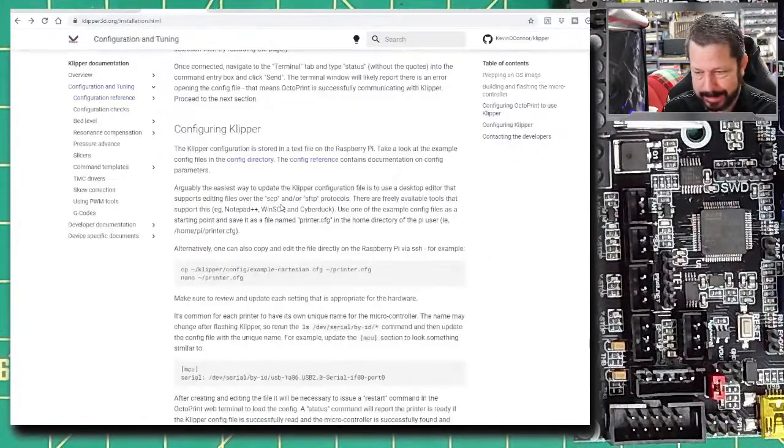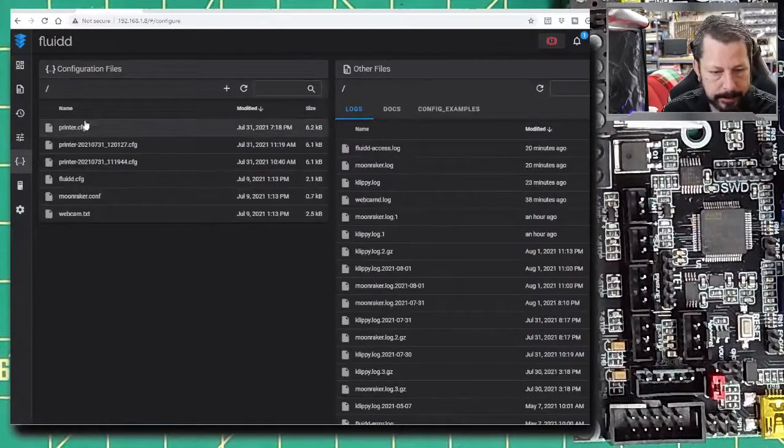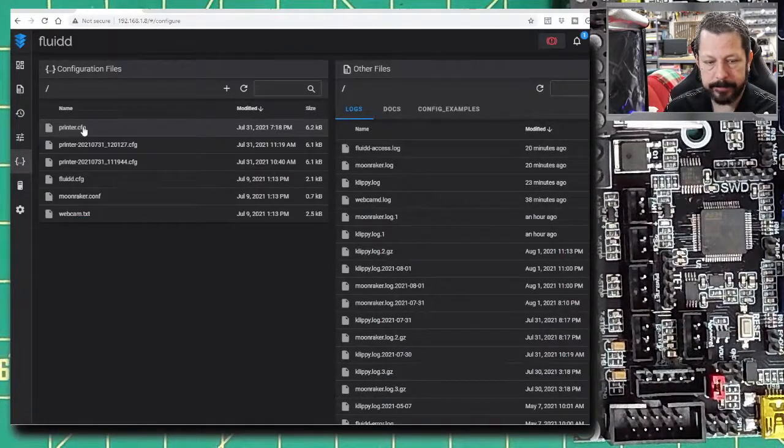All right, this is not, well, what'll happen actually, and mine's not doing it. Let's fix it then. Let's make it do it. Well, let me show you what I'm doing here. So you've got printer config. After you've done that step of getting the printer config file onto your SD card that is running on the Raspberry Pi, you can edit it in Fluidd. You don't have to open it up, and there's a connection between your computer's web browser and the Raspberry Pi. So you can edit directly on there. You don't have to download it and edit and re-upload it. I was going to show you another way to get that printer config on there, and that is using...